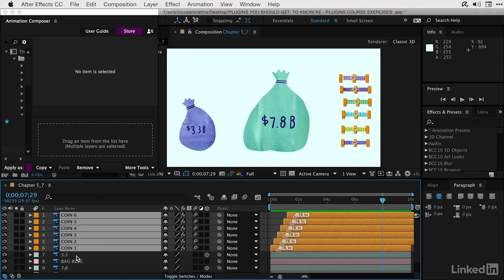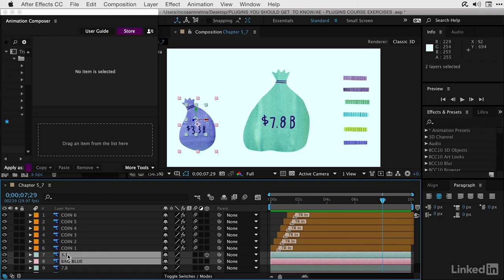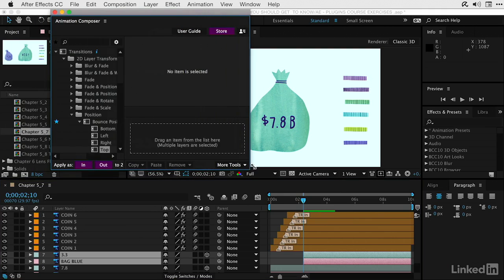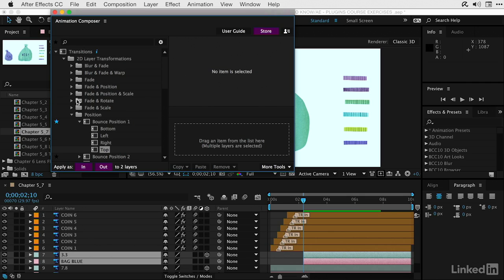And here we have also this blue bag as well as the $3.3 billion text. And the first thing I'll do in this case is I'll move just after the animation of these coins. And there, with these 2 layers selected, I'm going to hit the Option or Alt key followed by the left square bracket, as in I want it to come in here at the 2-second and 10 frame mark. I'll go back up to Animation Composer and spread out the window so we can see it a little bit better. And with these 2 layers here,